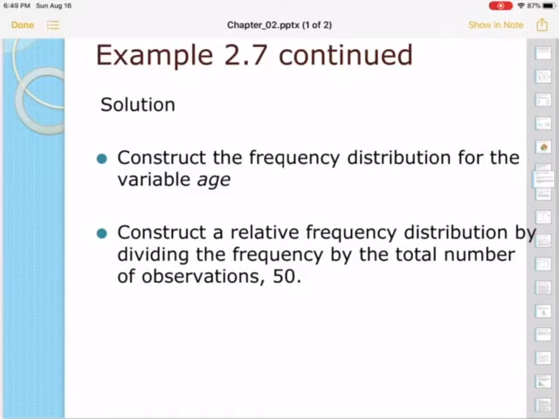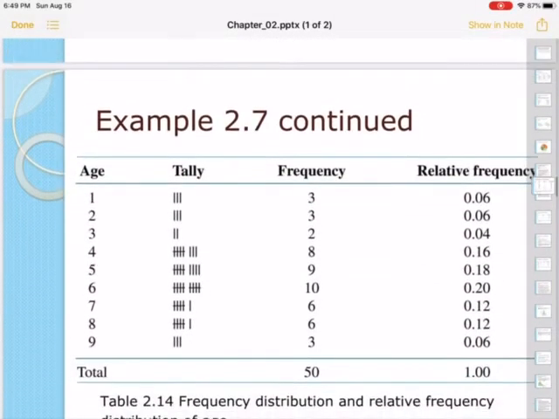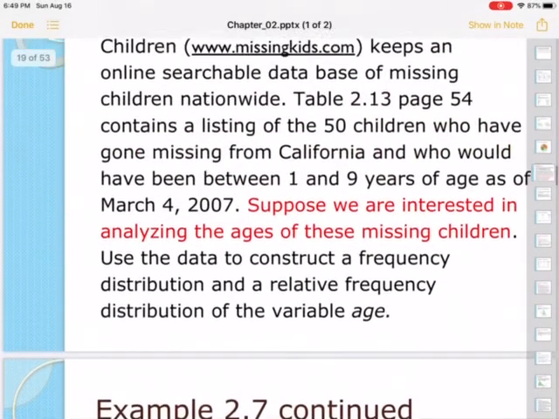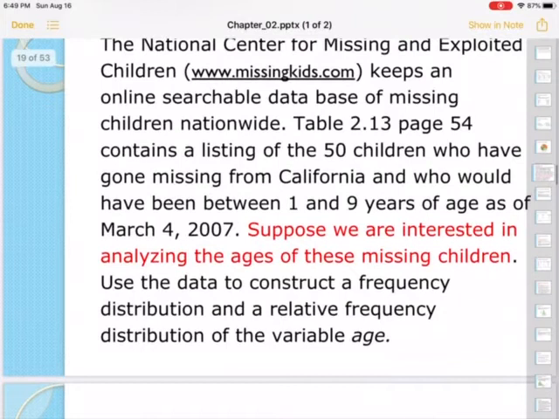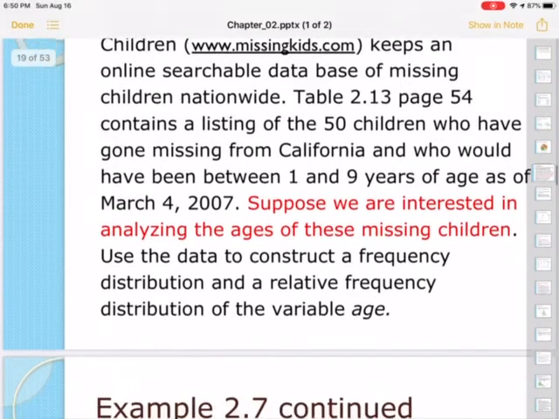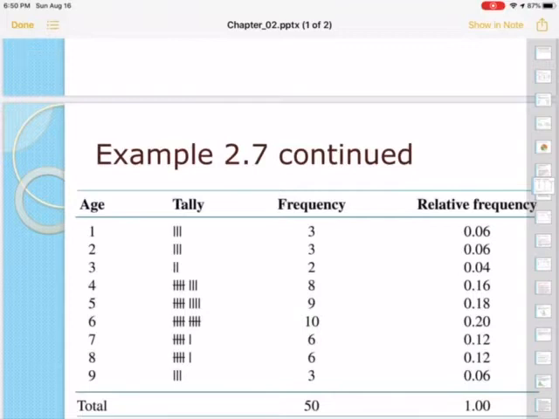So, first we have to construct the frequency distribution for the variable age, and we construct a relative frequency distribution by dividing the frequency by the total number of observations, or the sample size, that is 50. So if we use the example that is given on page 54, the table 2.13,